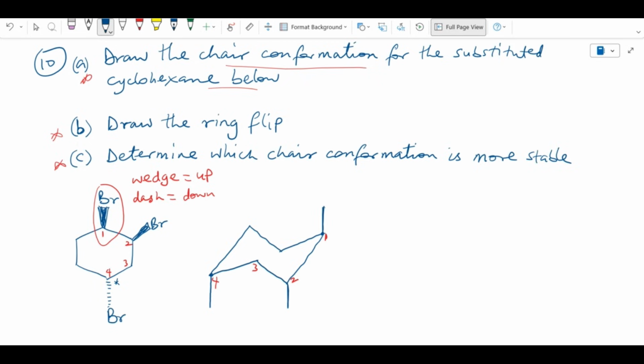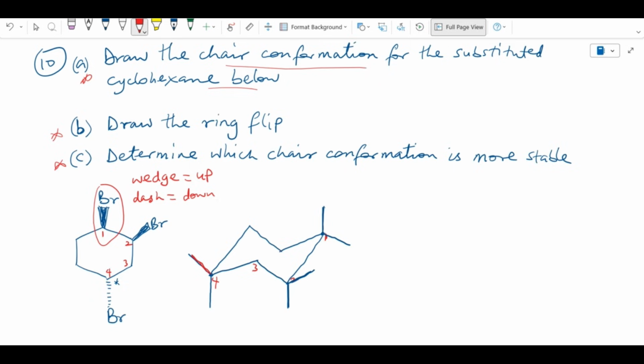We can now go ahead and draw the equatorial bonds. Equatorial bonds usually point sideways. It could be sideways, up or down, depending on which direction the axial bond on that carbon is pointing. So if the axial bond on the carbon is pointing up, the equatorial bond will point horizontally down. If the axial bond is pointing down, the equatorial bond will point upward. When drawing the equatorial bond, try to make it align with